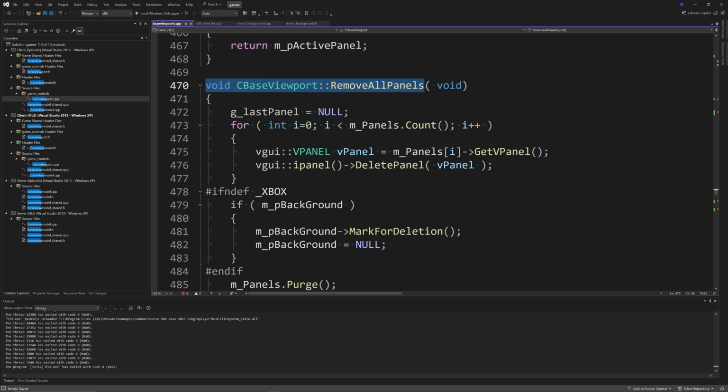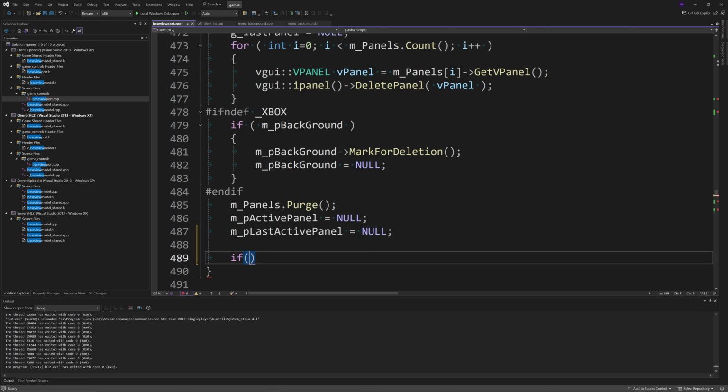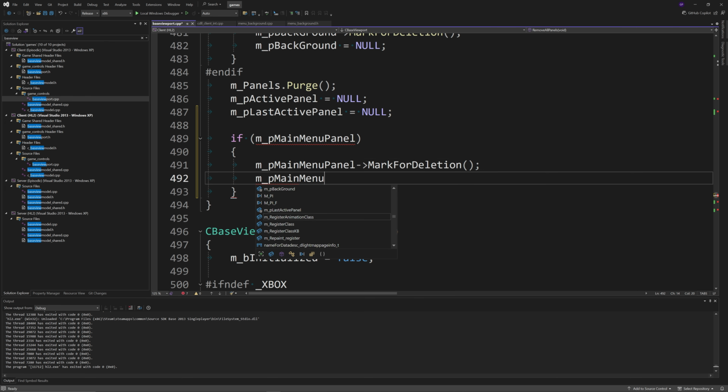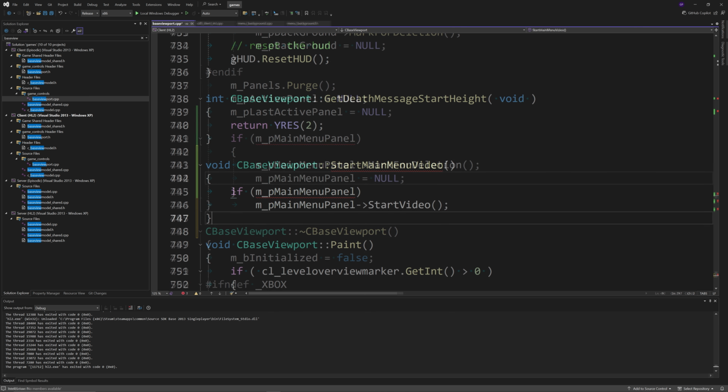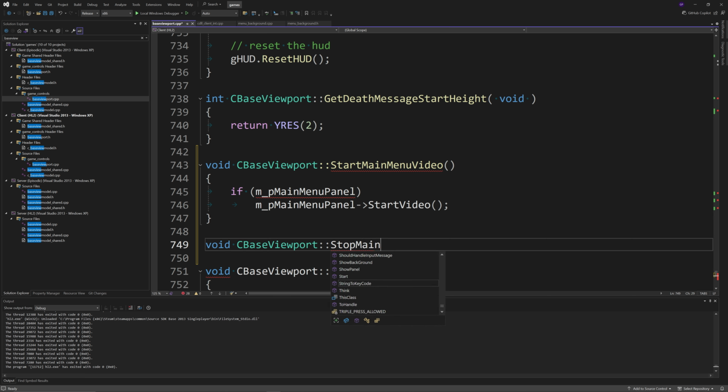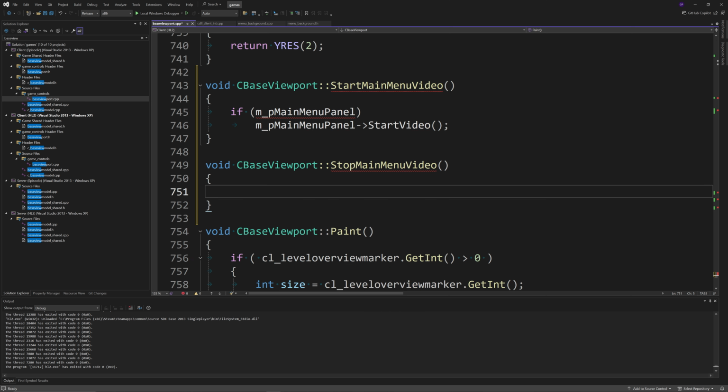Then you want to go to the RemoveAllPanels function and you want to add if pMainMenuPanel, then pMainMenuPanel->MarkForDeletion, and pMainMenuPanel equals null. And then after this, you want to go to the GetDefMessageStartHeight function, and below it, you want to add these two functions. So you want to have void CBaseViewport::StartMainMenuVideo, and in this function